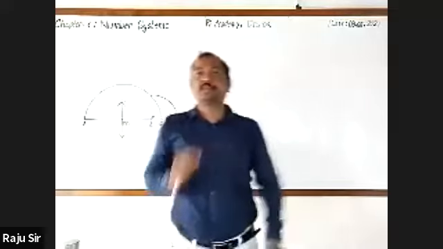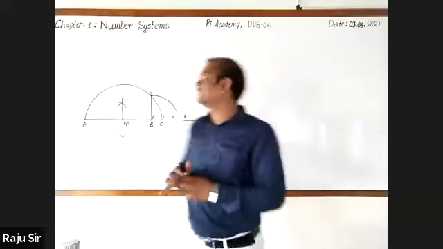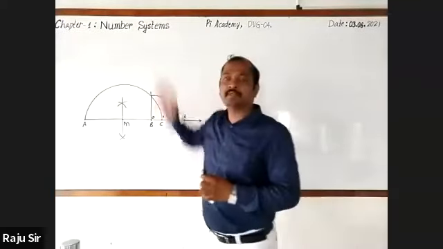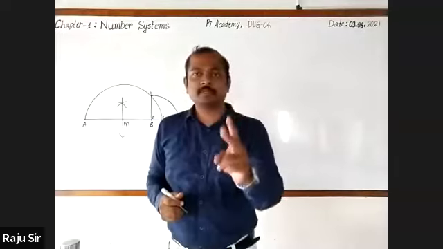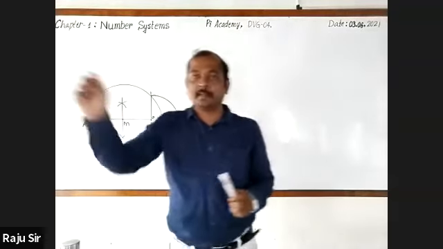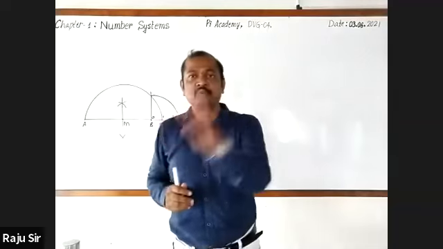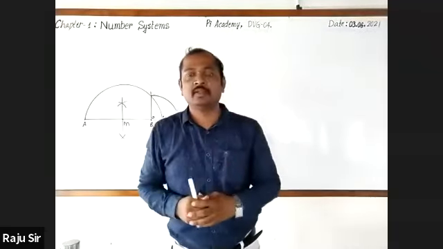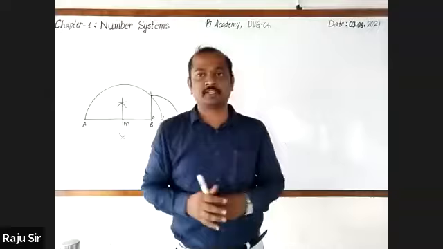Dear students, you all know that in the last class we were discussing the chapter number systems. In this chapter, two important concepts were discussed. One is representing square root of decimal numbers on the number line. To represent that, we used a method called successive magnification, right? And second one, representing